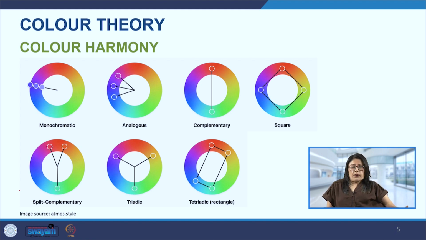And we have seen triadic and a tetradic is combining two complementary pairs, which gives us a rectangular pattern like we can see in the diagram here. And also we have square, where we have again four colors, but they are evenly placed around the square. Just like in the triadic we had equidistant colors forming a triangle, we have colors equidistant from each other but